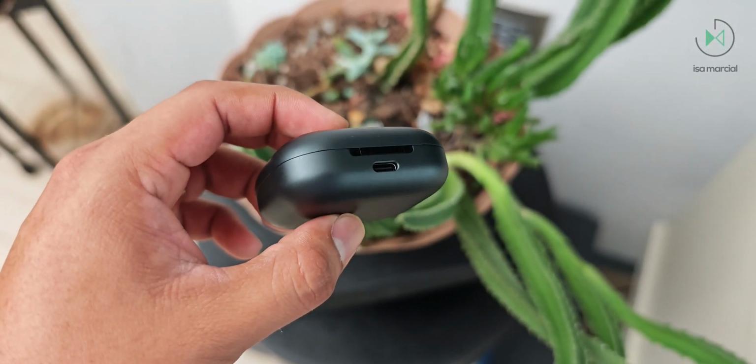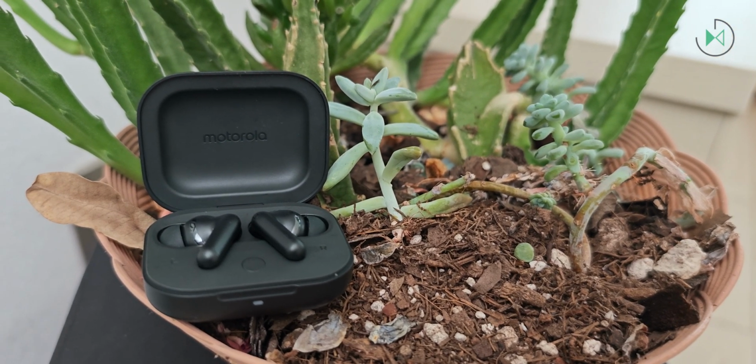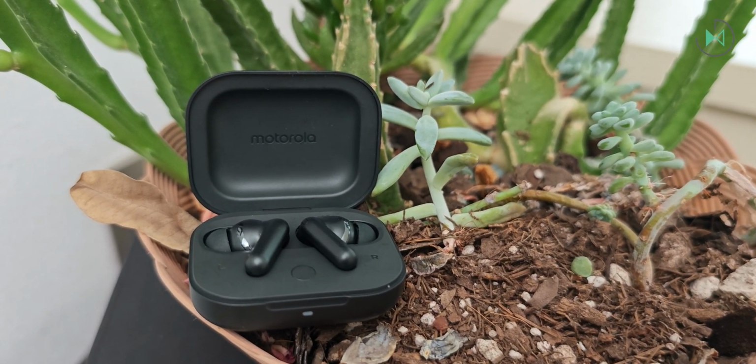When we open the case, we find the headphones placed in a very comfortable way, so it is easy to remove and put them on, although it is not so easy to open the case with one hand. But that's something that...